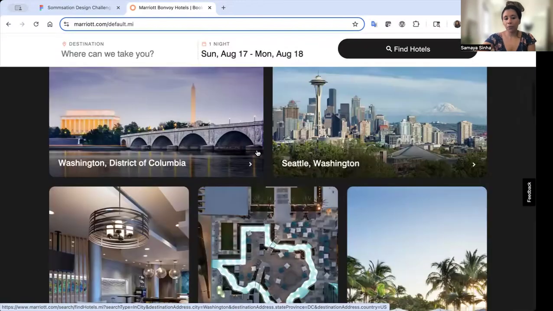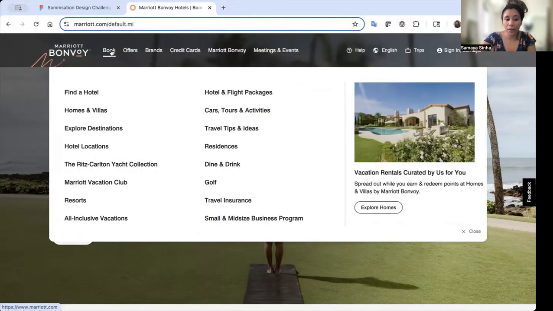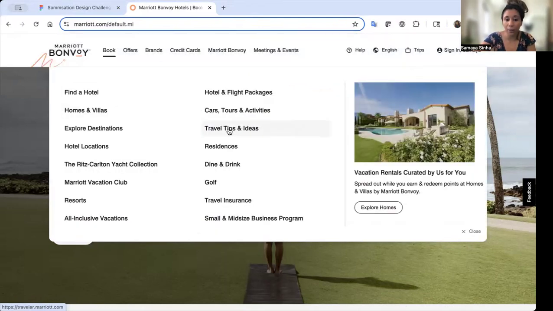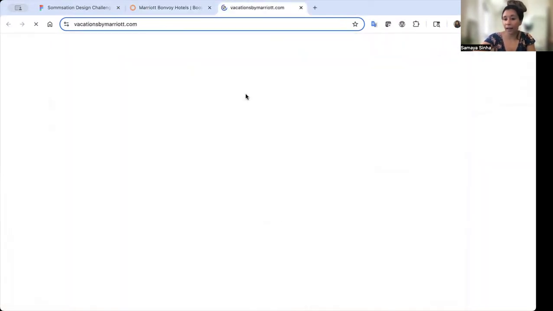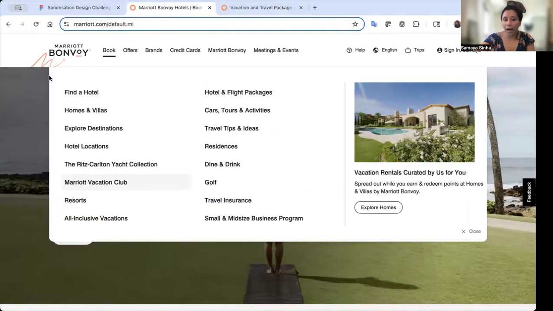From the homepage, you might not realize that Marriott actually partners with airlines to give you that all-inclusive experience. So if you go into book, you can think about hotel and flight packages, and you can see that you can book a room and flight, a room, flight, and car, or a room and car. So there's a lot of valuable information here that is just really hidden, and I think could be exposed more